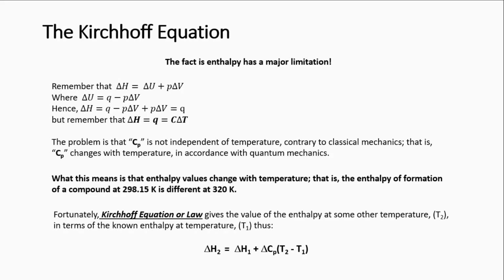Let's say you calculated the enthalpy of formation of a compound at 298 Kelvin, which is 25 degrees Celsius. What if you also try to determine the enthalpy of formation at, let's say, 400 degrees Celsius,